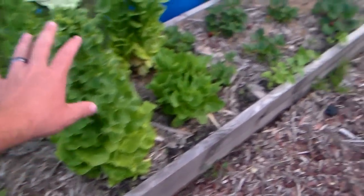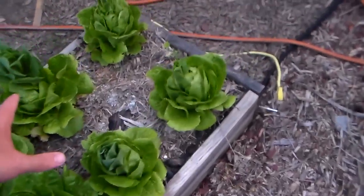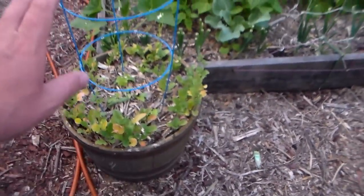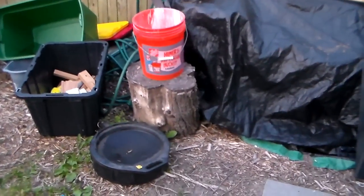My lettuce, which is going to seed, my strawberries. Over here is my loofahs. And the big thing that I did this year was, for my potatoes, instead of doing them in the 5-gallon buckets,